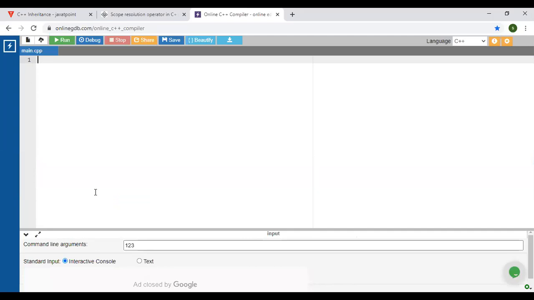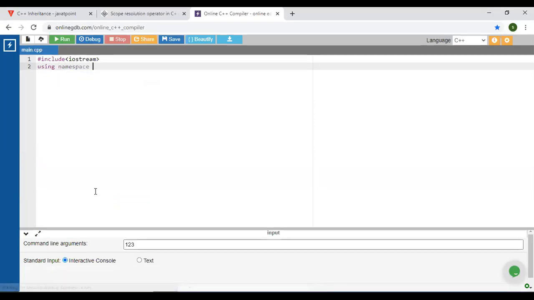Okay, simple example. Here in this example, we will just consider the different data members. Just tell me what are the different steps. iostream, then next using namespace std.